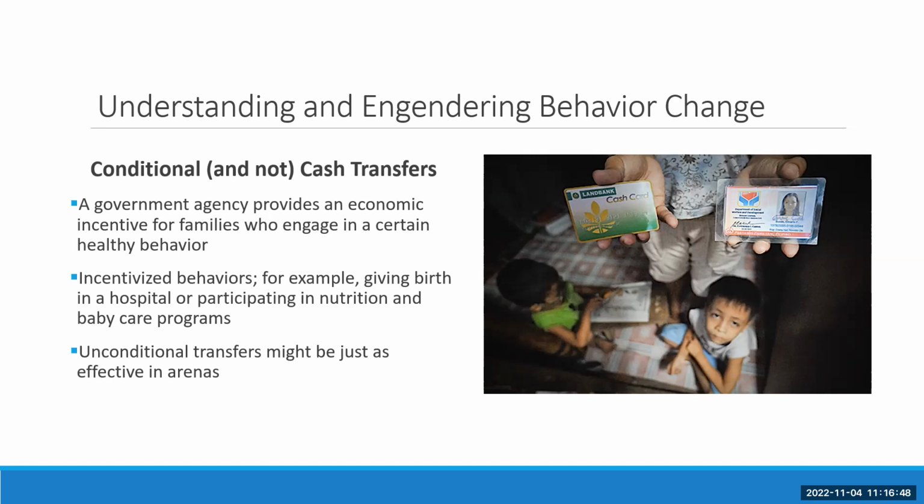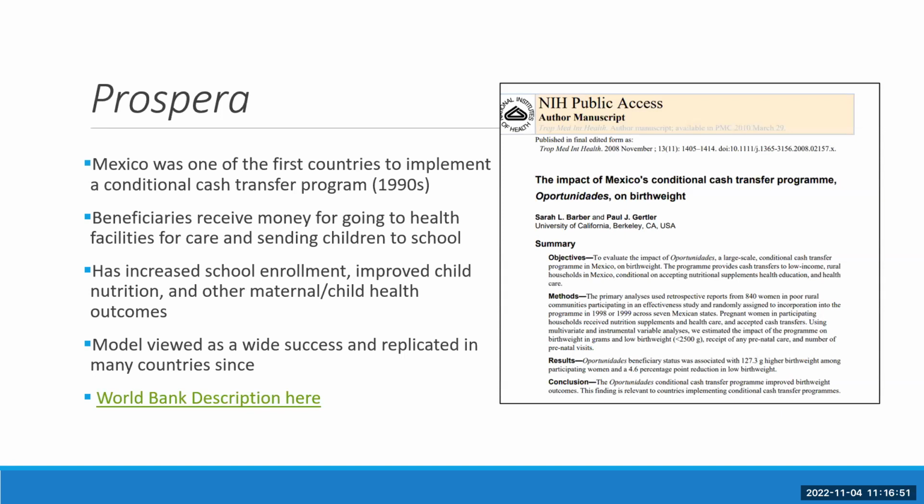So the example we shared in class was Prospera, which the Mexican government started in the 1990s and has been heralded as quite a huge global health success, and has been a model for many other countries since. Basically, they provide certain groups, vulnerable populations, impoverished communities, with money in exchange for their children being enrolled in school,